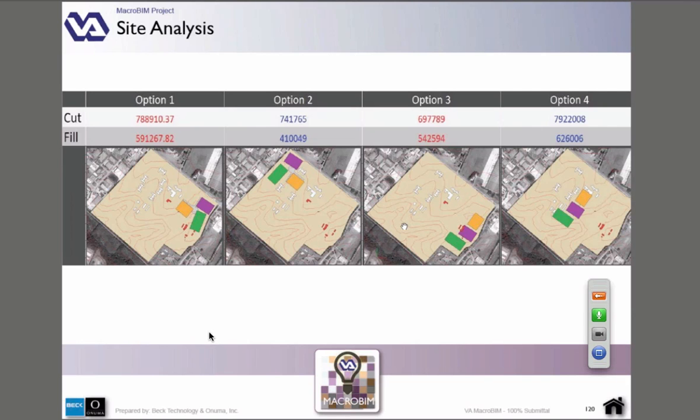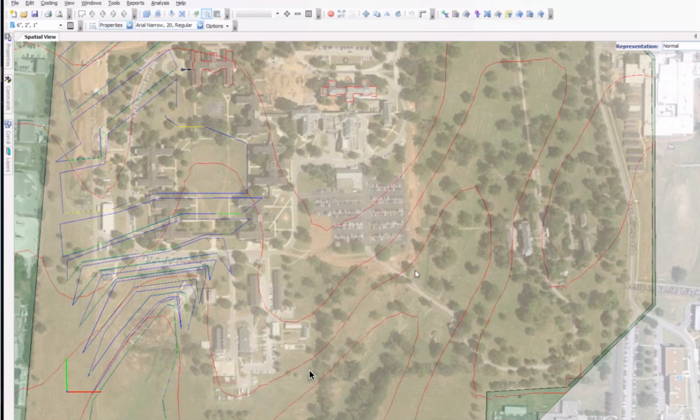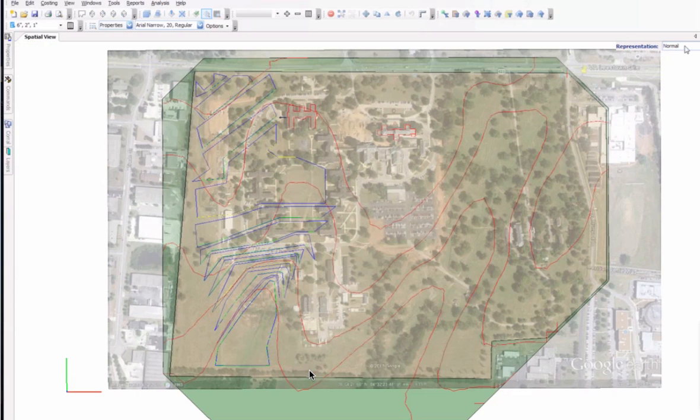in that proposal. So in December, we analyzed 4 different schemes. This is just a quick diagram showing the 4. Yeah, if you can see it, the red lines indicate existing topos. And so you can see how that channel does kind of come through here, and this road is a bridge that goes over that. The one that I've got up on the screen is the blue is showing the proposed